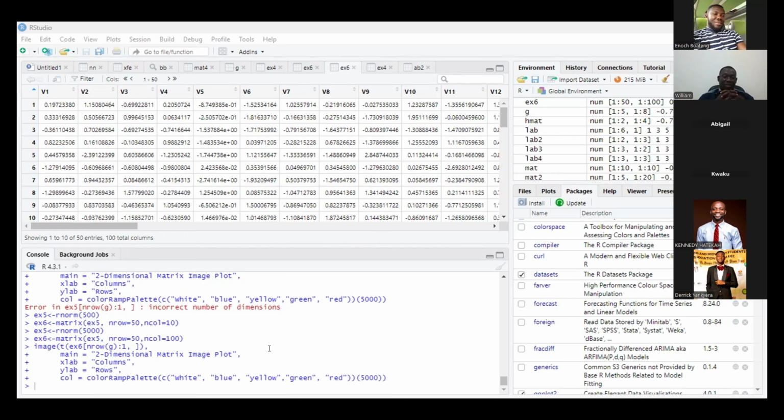Please, any question? Try and grab this so that in future, all the codes you'll be saying is just this. So if you want a value from this matrix that we have, we say ES6[1, 100]. That is row 1, column 100. This was 50 by 100. Yeah, so row 1, column 100. So if you call this,